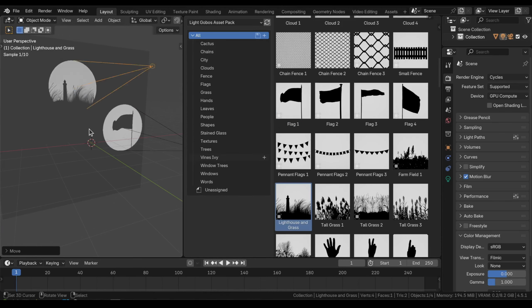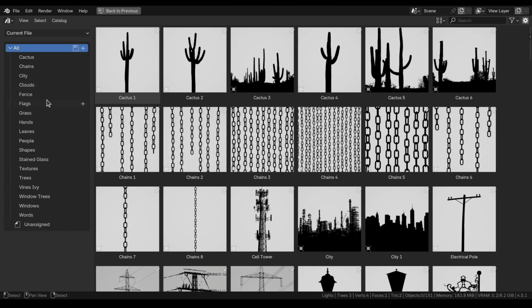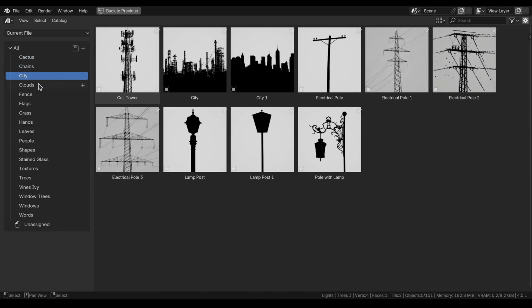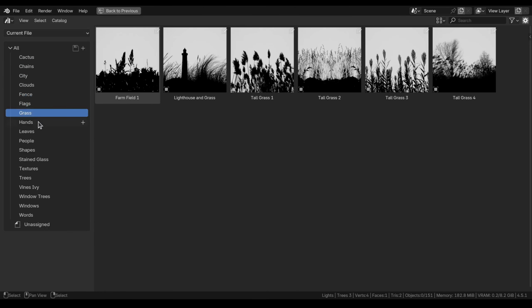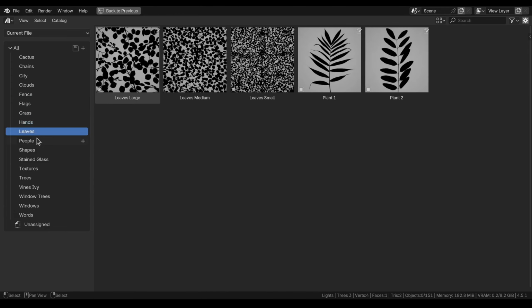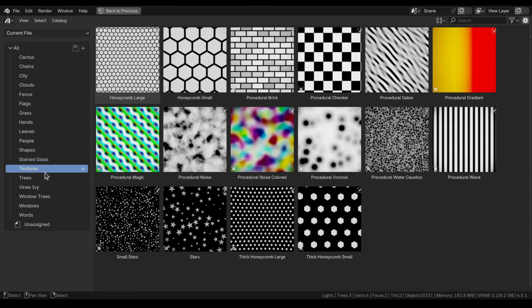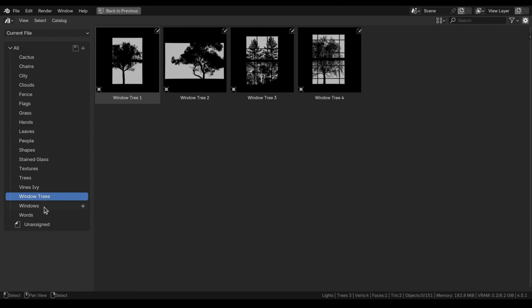The Light Gobos all have custom thumbnails in the asset browser, and all the assets are sorted into catalogs, including cactus, chains, city, clouds, fence, flags, grass, hands, leaves, people, shapes, stained glass, textures, trees, vines and ivy, window trees,